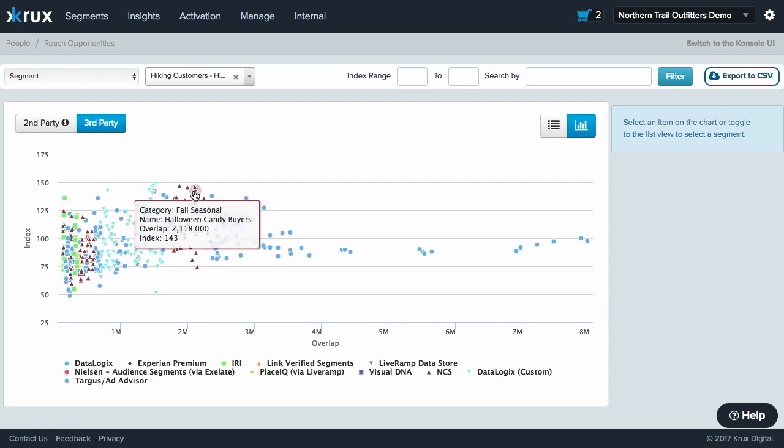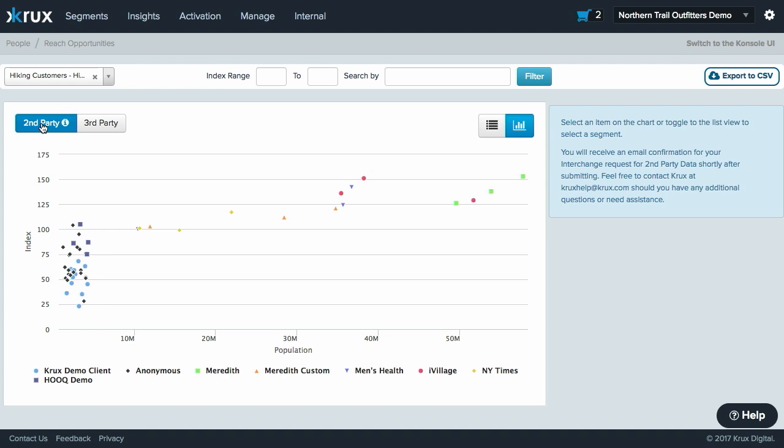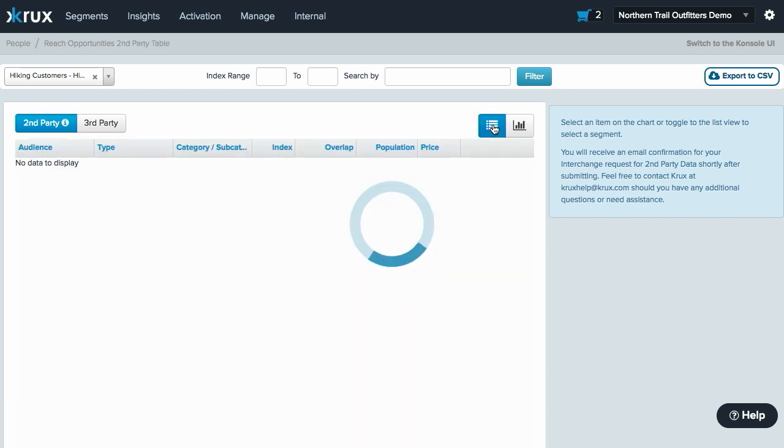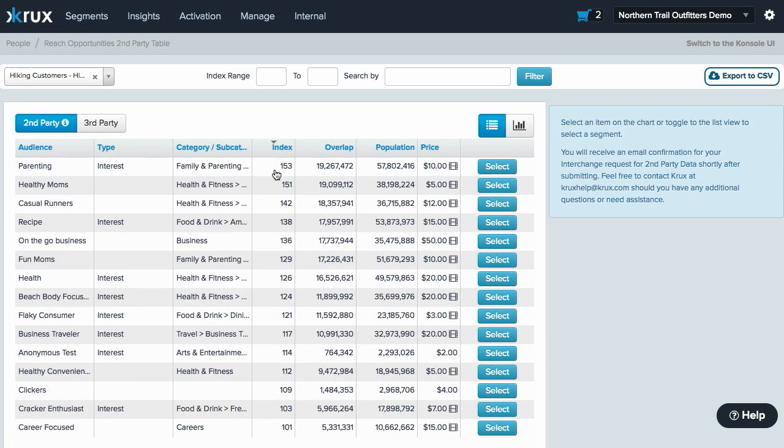Maybe it's through people who also like health food. They're likely to be hikers, right? People who are into home improvement, so they're active lifestyle type people who are fixing their homes up, right? Or I can dive into second-party data, and here, if I provision these relationships with high-quality publishers like Meredith or Men's Health or iVillage or The Times, I can actually go through and find those healthy moms or people who are into parenting, and select that segment even based on the index score,